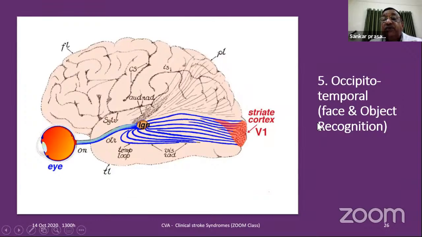The occipitotemporal face and object recognition: from striate cortex, the fibers reach the FFA, that is the fusiform face area in the fusiform. This is the ventral stream that is depicted here. There is a dorsal stream that takes it to the somatosensory cortex. The angular gyrus which is present here will liaise with the supramarginal gyrus of auditory, where you can facilitate reading and writing also. So